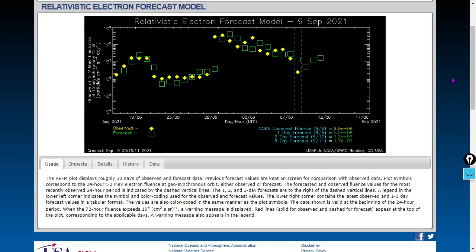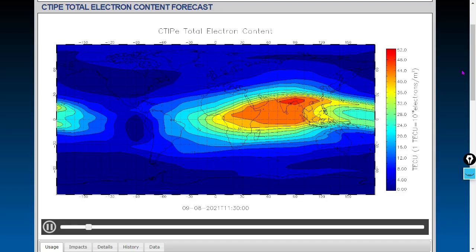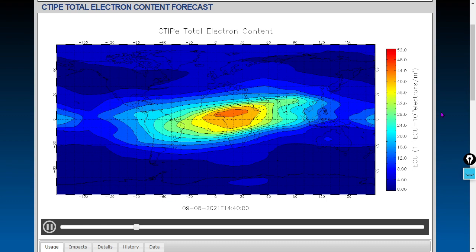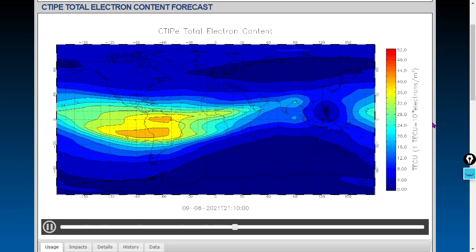So here's the forecast model. The green boxes are the forecast. The yellow diamonds are the observation. Here's a diagram of Earth's Van Allen belts, and here's the total electron content forecast. And we see very high levels of electron flux over Southeast Asia. So look at these red blobs forming here